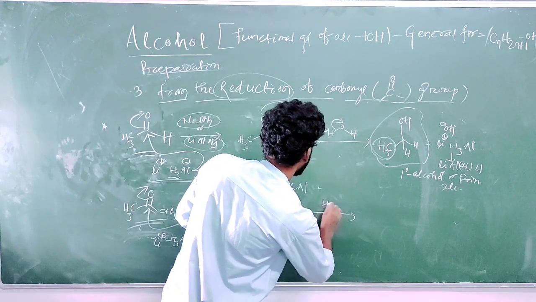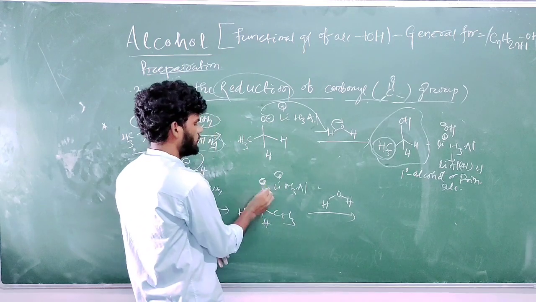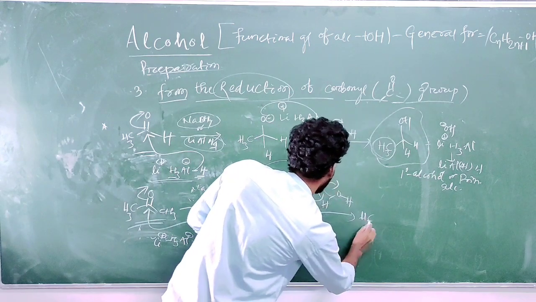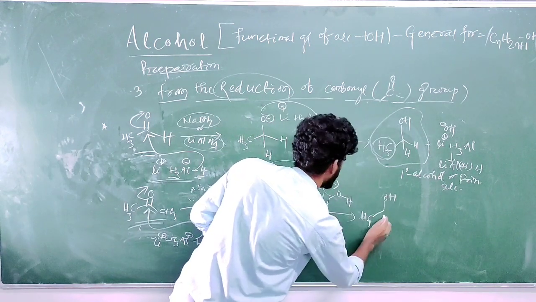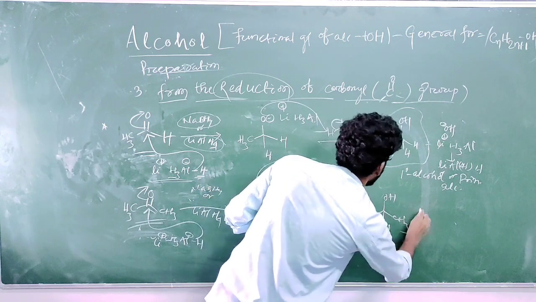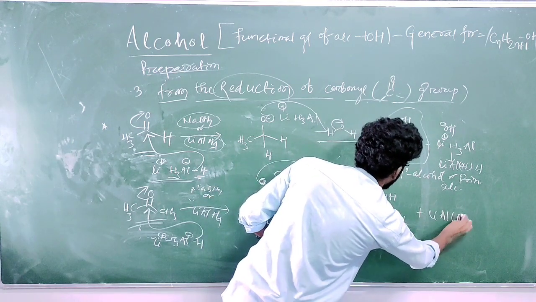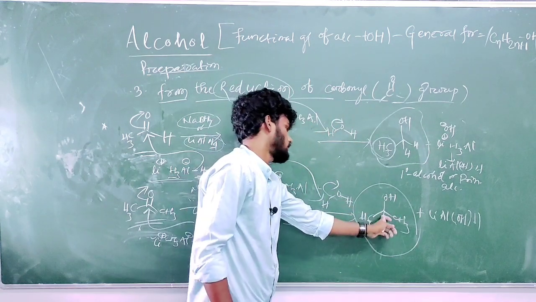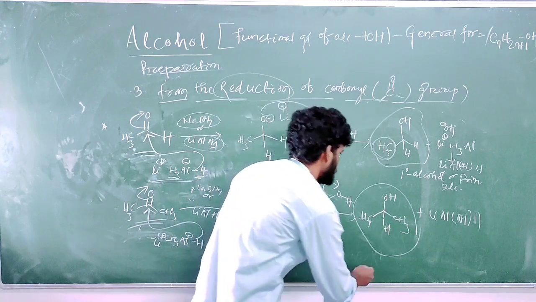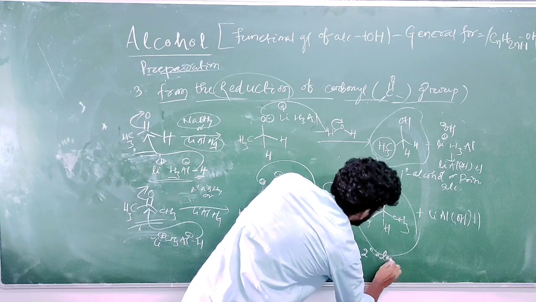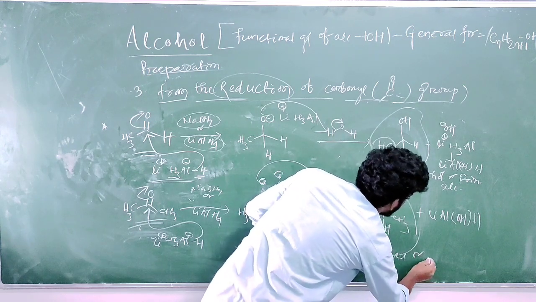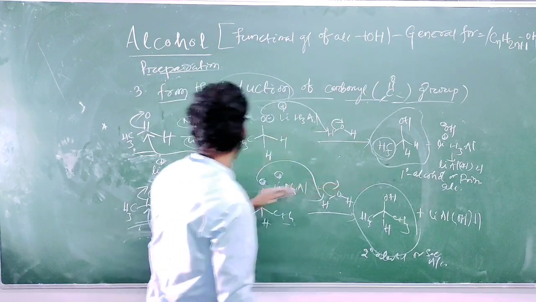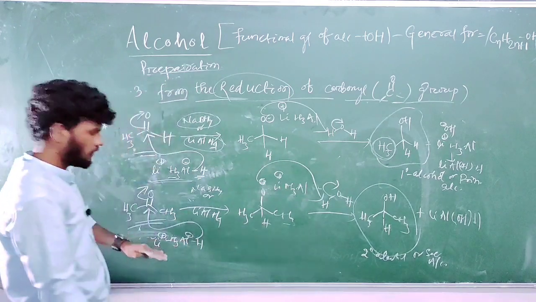So in the next step, addition of what? Water. Here is O minus, it will take hydrogen from water. This one moves over to oxygen. Then what is formed? CH3 CH OH CH3 plus lithium aluminum remaining part OH H. In this structure, the carbon atom attached to oxygen is attached to two carbon or methyl centers. This is known as 2 degree alcohol, or secondary alcohol. Okay, so we synthesize primary alcohol from aldehyde, secondary alcohol from ketone.